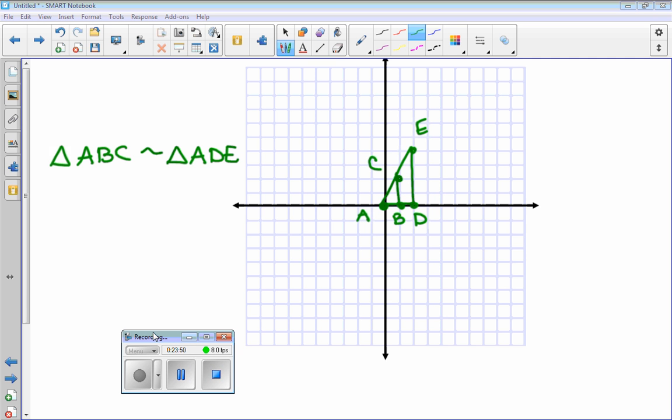You want to do side, angle, side? Oh, it says to use side, angle, side. Okay. But you could have done it angle, angle. You could have done it in any of them. But you're right, it says side, angle, side. So we have to do what it says. Thank you. So we're going to have to use side, angle, side. Now,